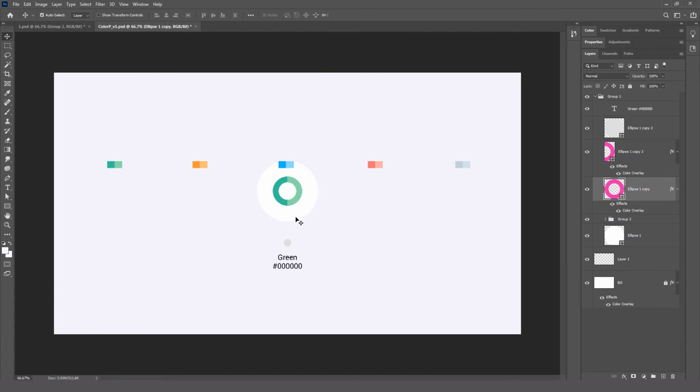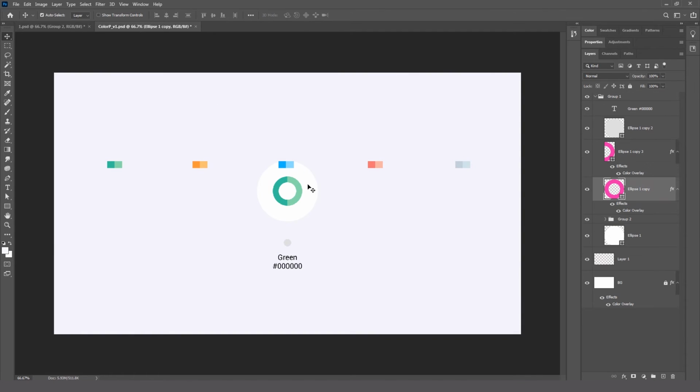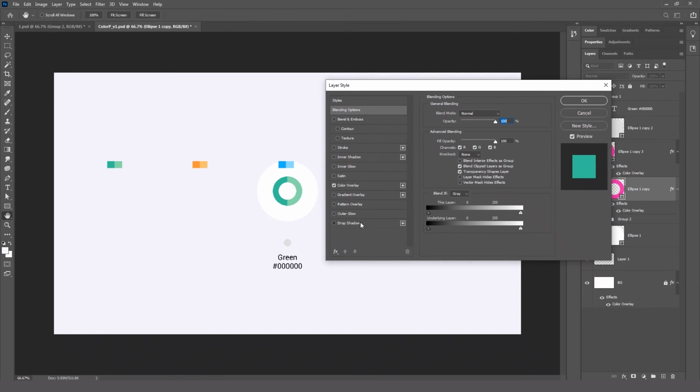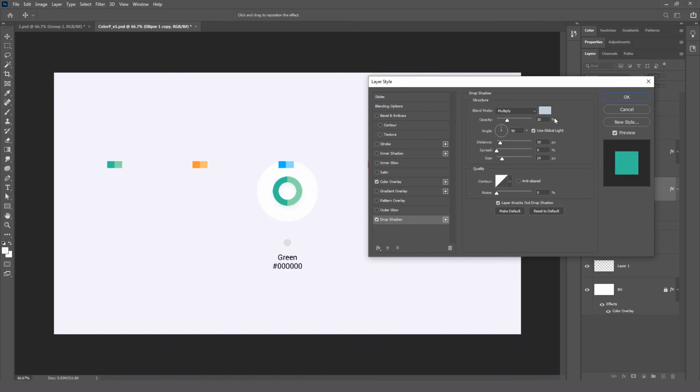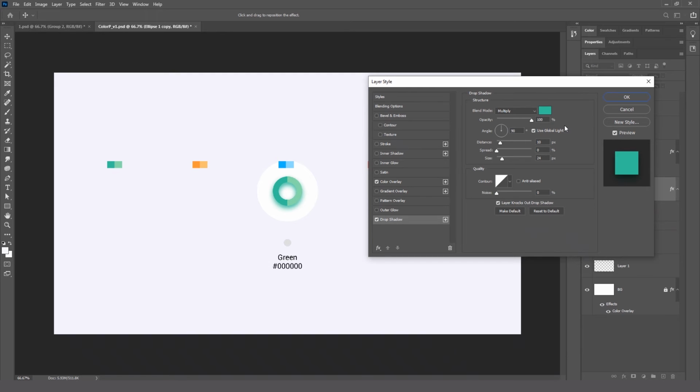Now what we need to add is some kind of glow over here, like you can see the interesting stuff over here. So that's the kind of glow. So I'll give a drop shadow for this, and I'm going to select this green color, and if you see the 100%, I'm going to keep this as multiply and change this to 30 opacity, and the size I'm going to keep based on how it looks good.